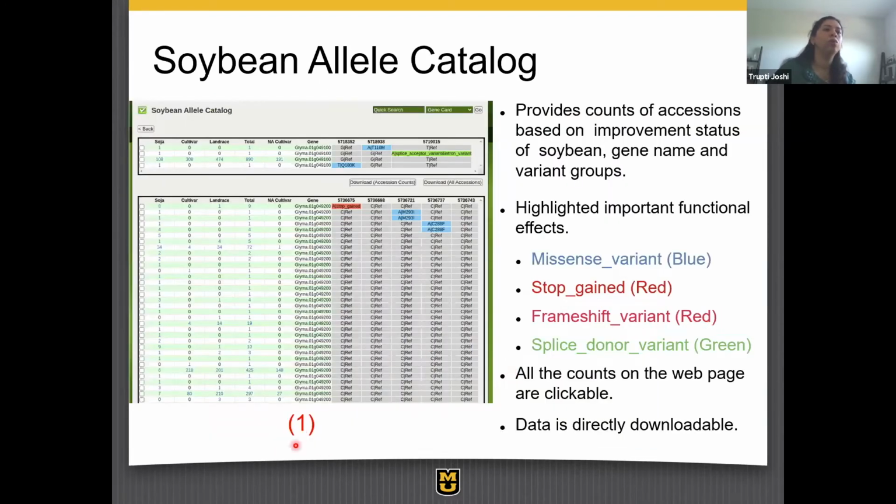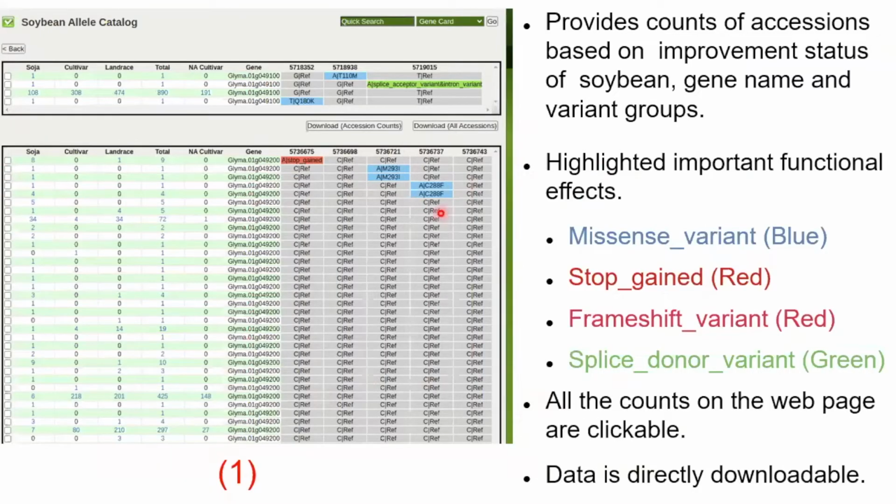So the first one, with multiple genes, is where you're just looking at two genes I pulled out from chromosome 1. What it gives you is a breakdown of the data into how many of these allele combinations there are. You have different allele or SNP positions here in the columns, so it's representing almost a haplotype combination for you. The numbers here show how many of these are coming from certain sojas, cultivars, landraces, what the total is, or how many of them might be North American cultivars.